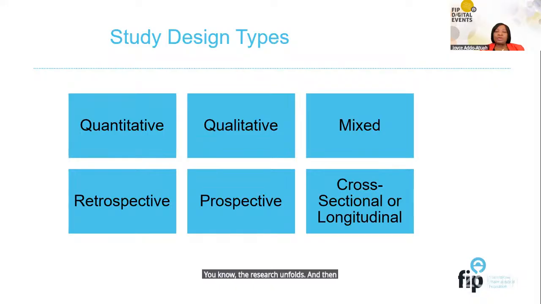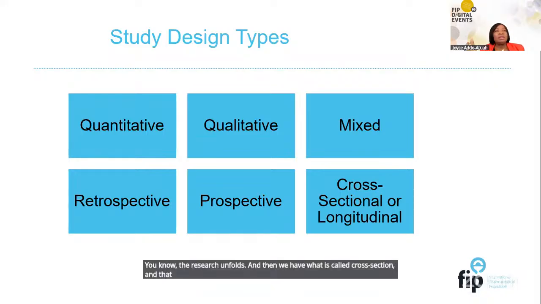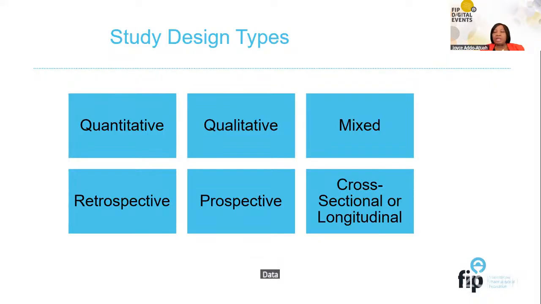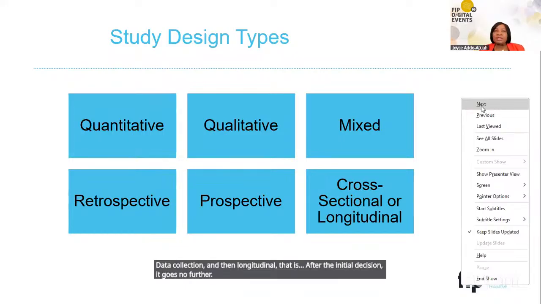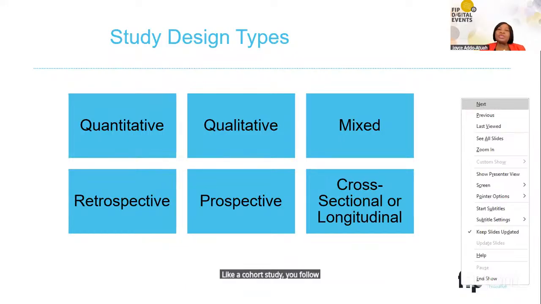And then we have what is called cross-sectional, where we are taking data at one point in time. That's the cross-sectional data collection. And then longitudinal, that is after the initial listing, it goes further, like a cohort study. You follow the population for some time. So depending on the type of question we want to answer, it will determine the type of study